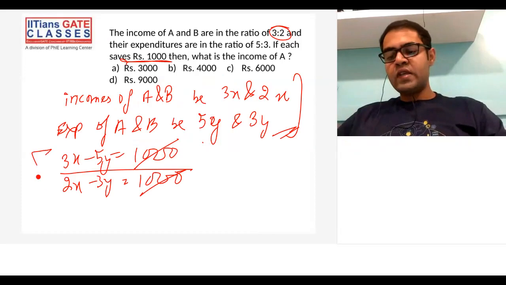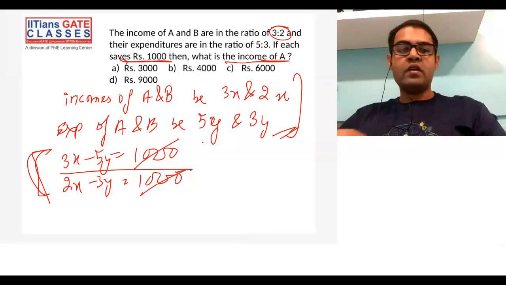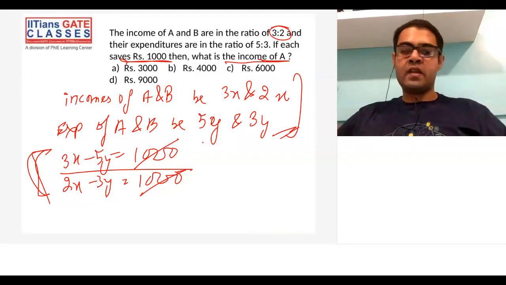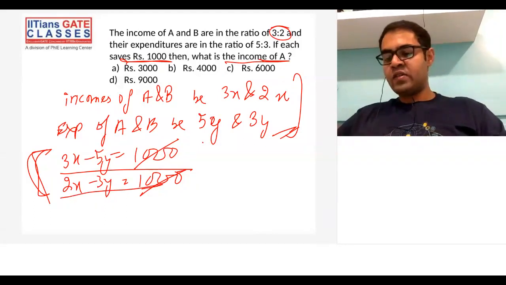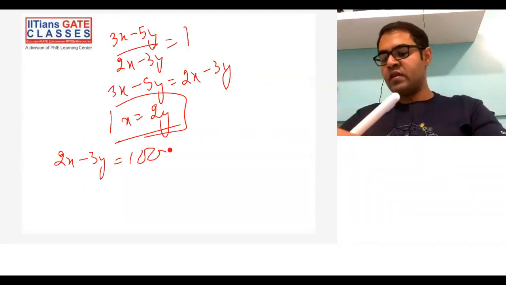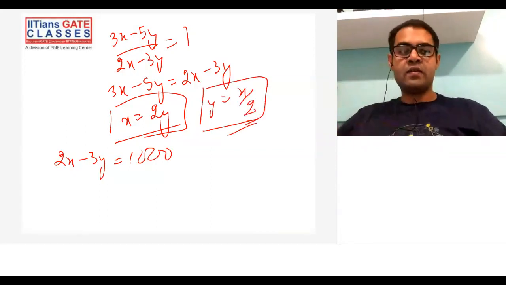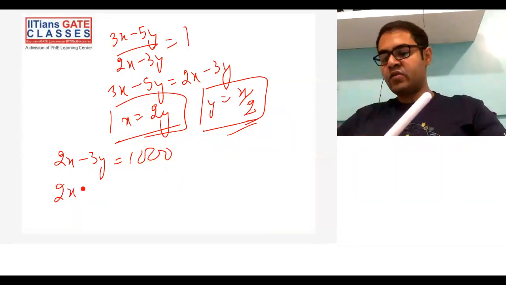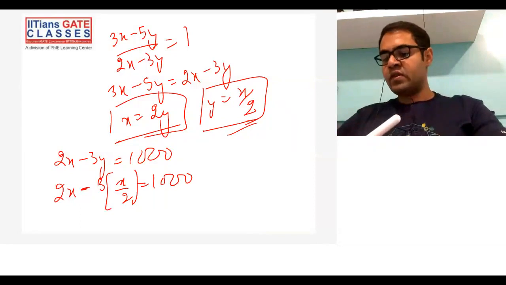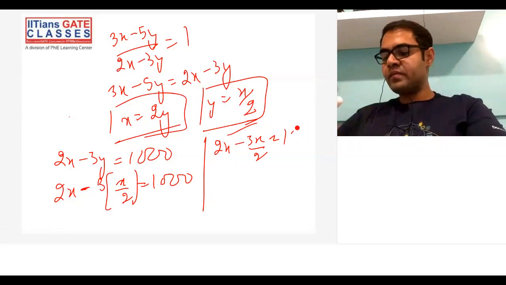Now you use any of these two equations to find whatever you need. You need what? Income of A. So since I need income, it is better for me to find x. So I'll use the second equation, this one: 2x minus 3y is equal to 1000. Now, y is what? x by 2. I want to replace y and write the equation in terms of x only. So 2x minus 3 times x by 2 is equal to 1000. Alright? So this becomes 2x minus 3x by 2 is equal to 1000, and this becomes x by 2